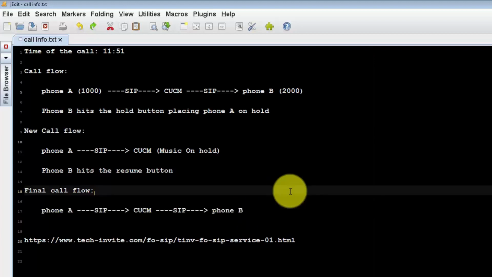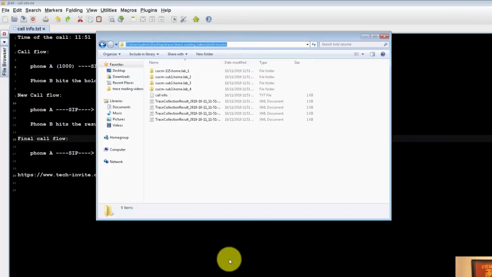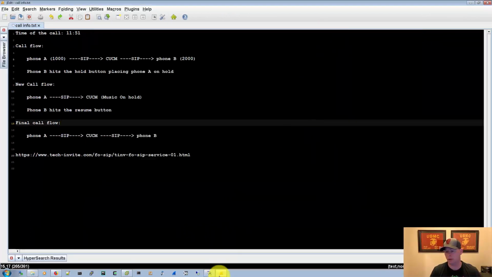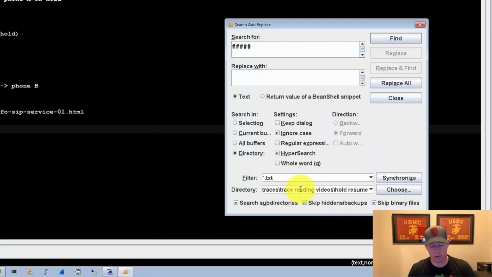And now that we've looked at the call flow and we have an understanding of what's going to happen, we can actually go into reading the traces. The first thing I'm going to do is access the directory where the traces are, and I'll copy this. I'll go back to jEdit and hit Control-Shift-F since that's what I have set up as my soft key to search in directories. And like we've done on other videos, what I'm going to do is dd equals and then